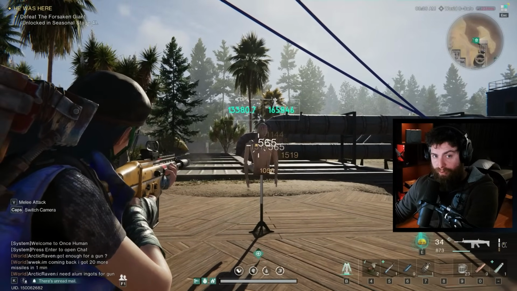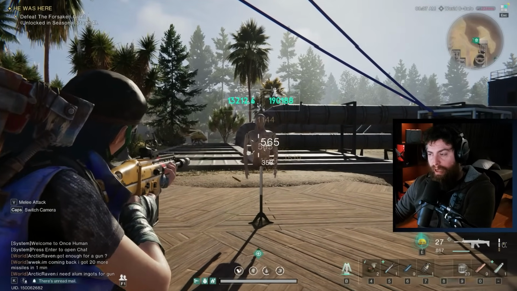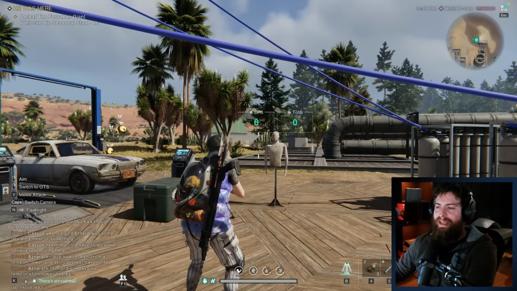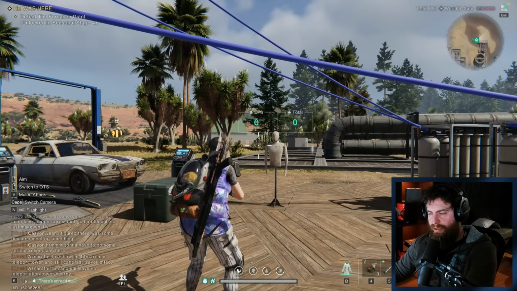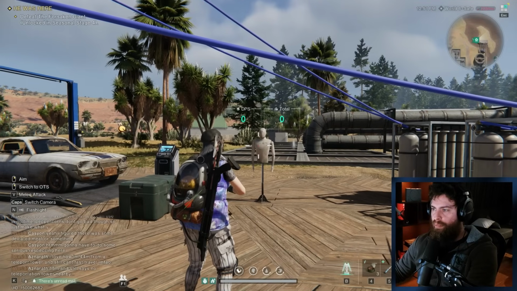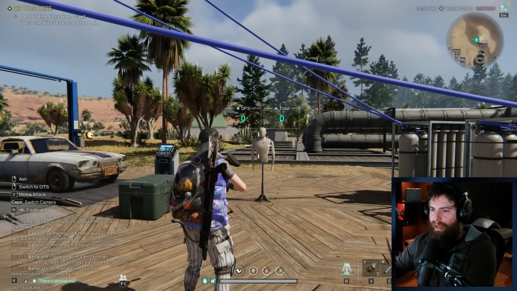I tried to replicate their results and had not much luck. And I quickly realized I didn't really have the knowledge in how to put together builds in Once Human. So I spent the day looking at that with the Shrapnel build as an example, and all the different things